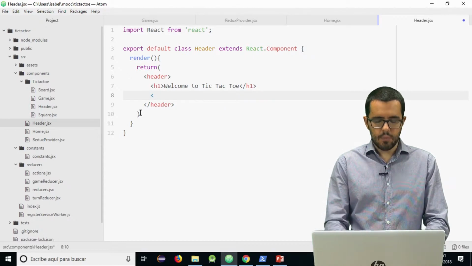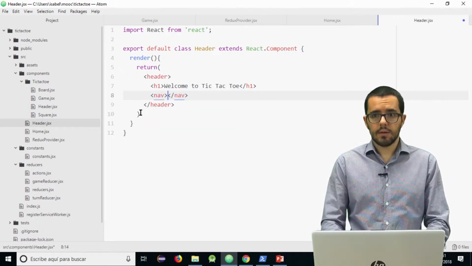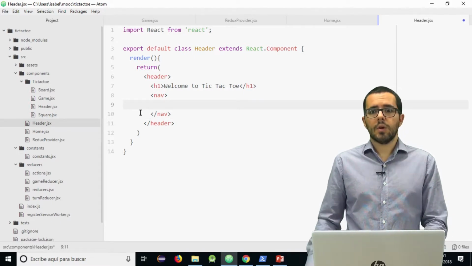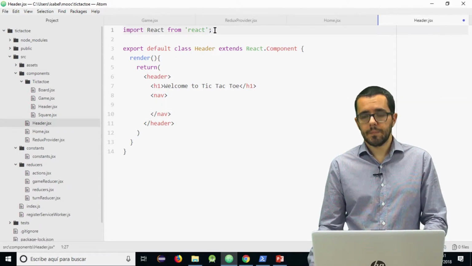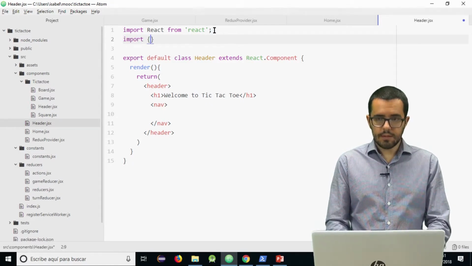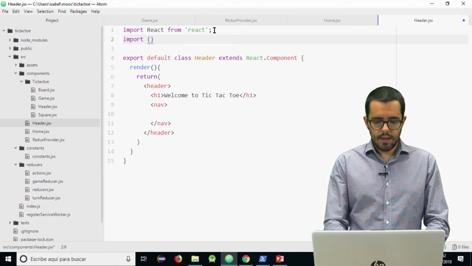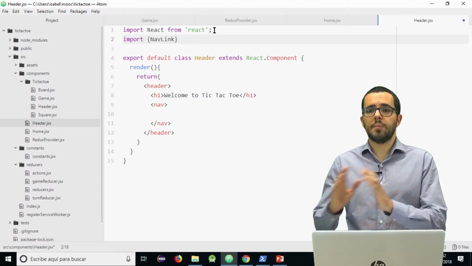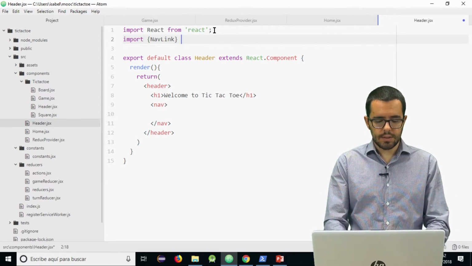That is a nav tag, the standard HTML5 tag, and inside it we are going to use a special component that React Router DOM provides. It is called NavLink, and it's a link to go to different parts of this routing that we are adding.